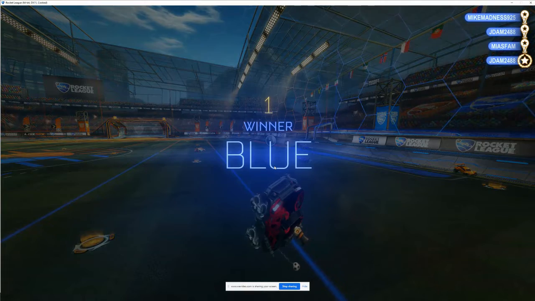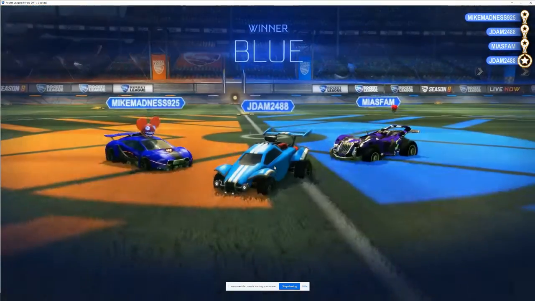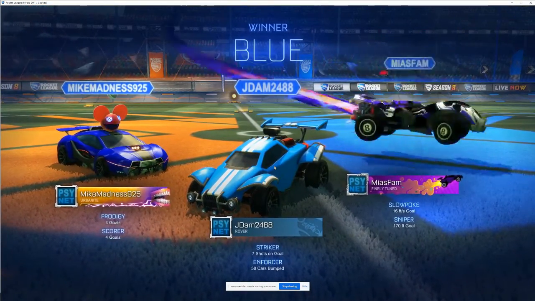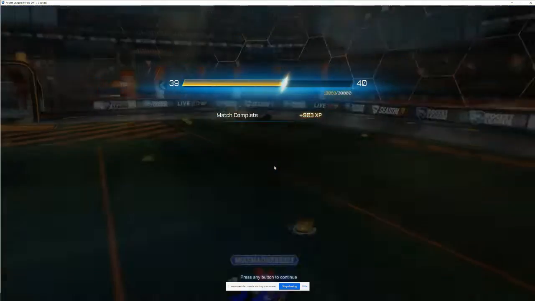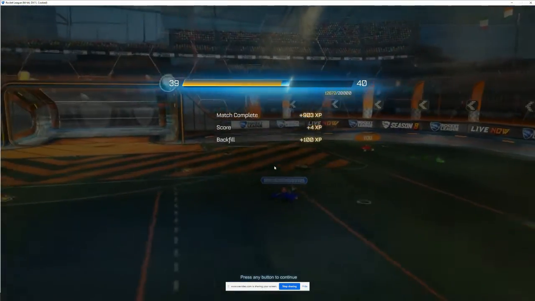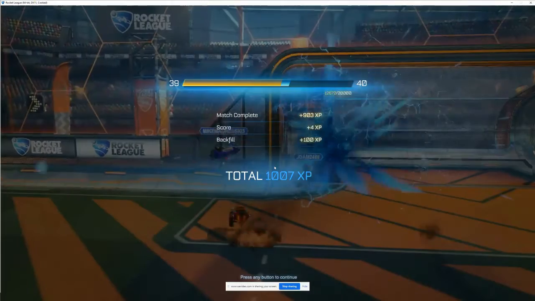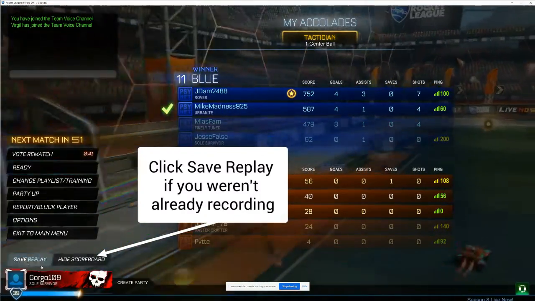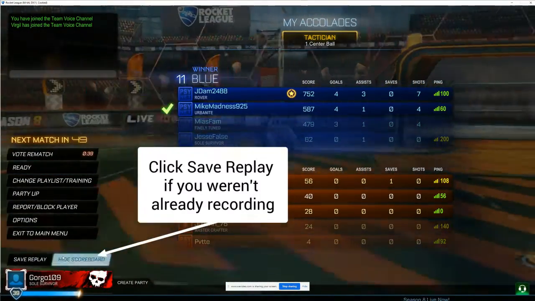You can record while you're playing, or if you play a game that you then have some highlights you want to save, you can go here. It's going to show you at the end that you can go down and save the replay. It'll be in the bottom left here of your finished screen. You can see it right there. You'll click Save Replay,